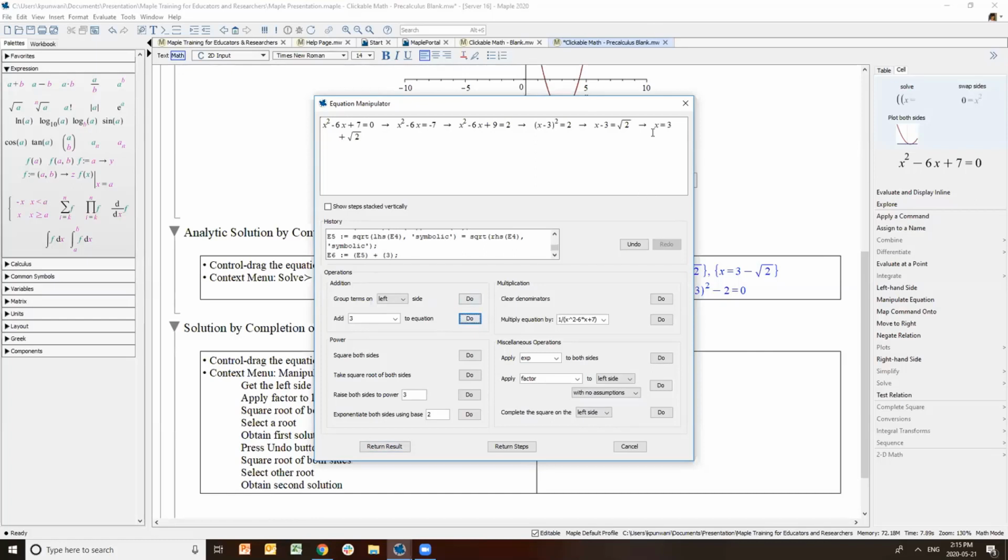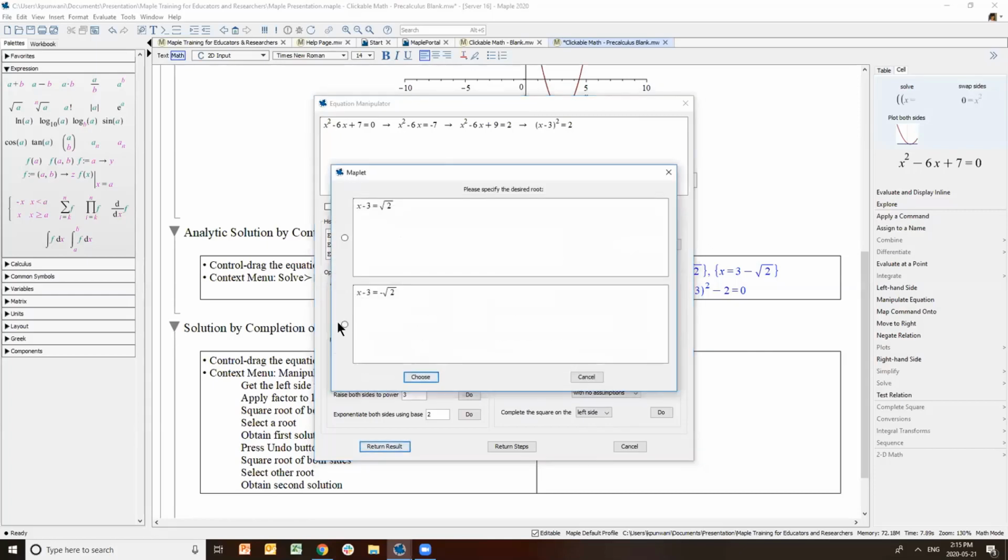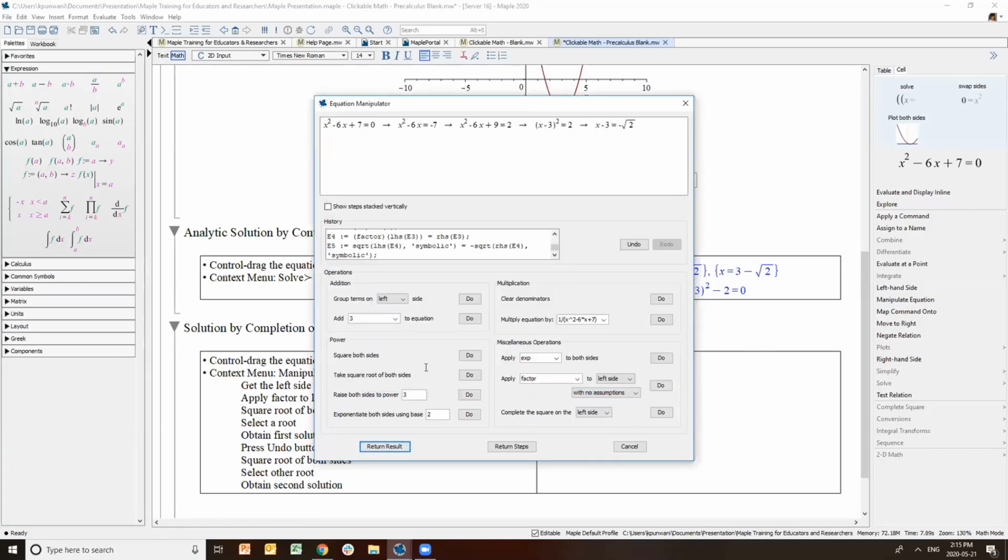And here you go, and you'll have the solution for x. And now let's say I want to go back and do that for the other root. I can go back, and one of the ways that I like to do it is using the undo key. You've seen me use this before. So go back over here, and now I'm going to take the square root. I'm going to pick the negative one over here, choose that, and then I'm going to go ahead, add 3